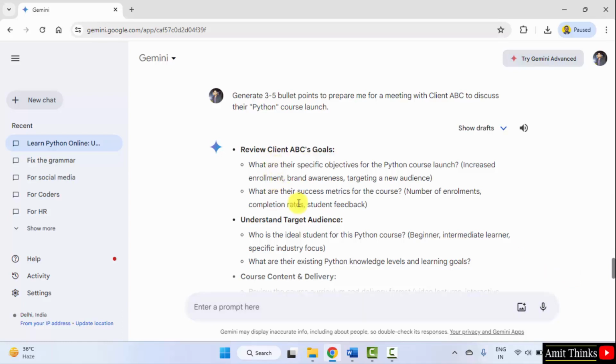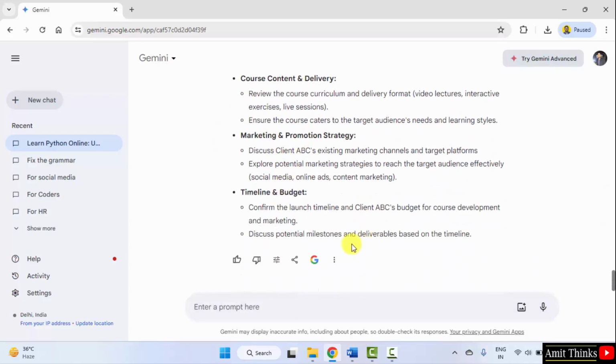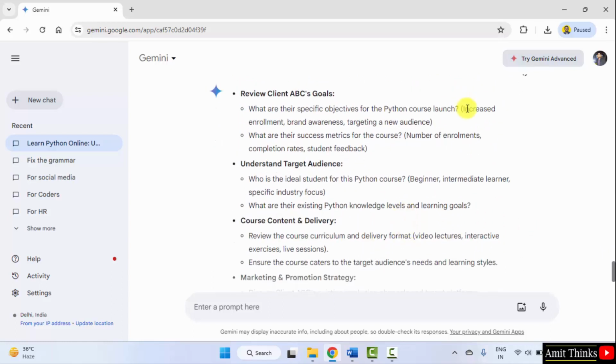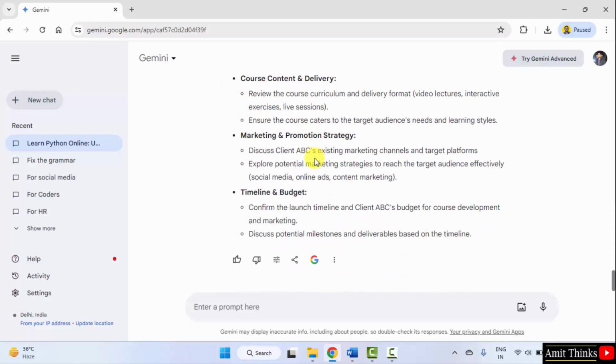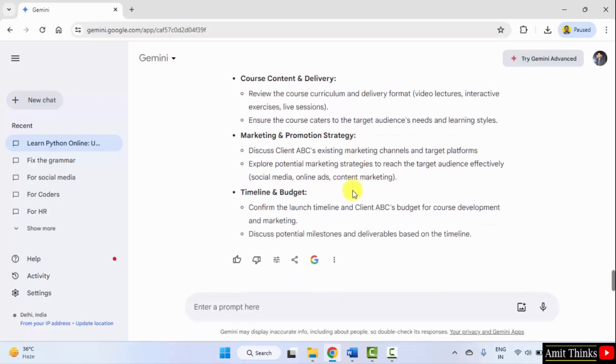Okay, here it is. Understand the target audience, course content and delivery, and these points would be really useful. Here are the objectives. You can also check the objectives. Student feedback. Okay, you can copy this from here. I'll just rename